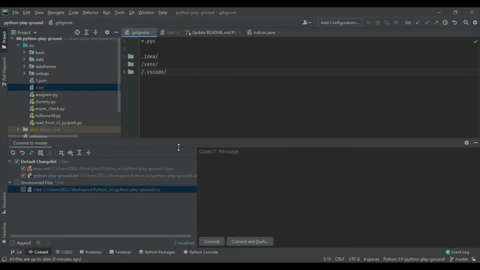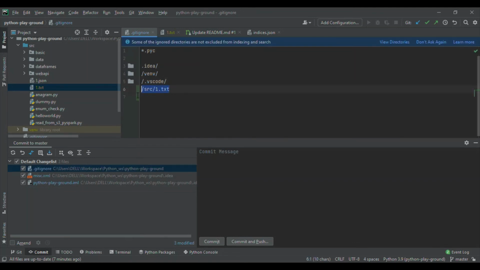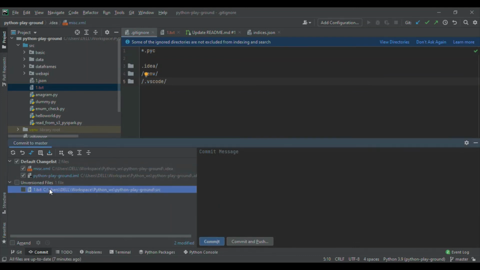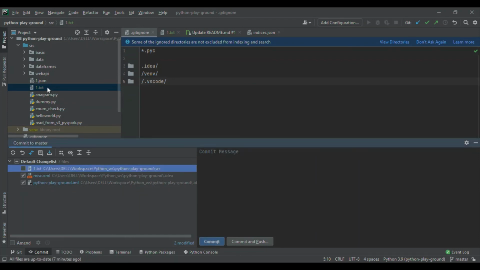So I'm just going to add it to git ignore. If I add it, it automatically comes here, but I'm just going to remove it so that it shows again as a normal file. Yeah, and it came back to unversioned files. From here, I'm just going to add to VCS. It will change into green color. So I'm going to commit these changes, guys.